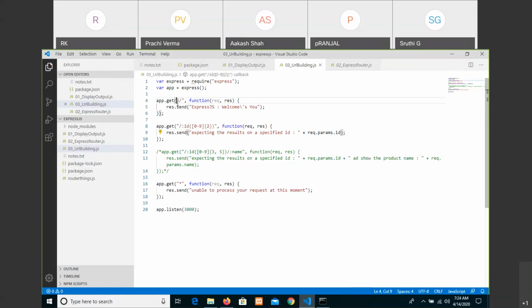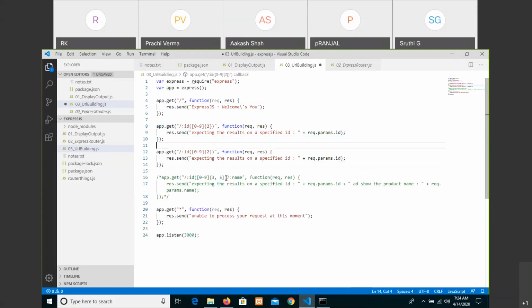Okay, and apart from these things. So as we got something opening homepage or passing some parameters, for example, if you want a name, in the same way, in the range of small a to small z, up to 5 characters.